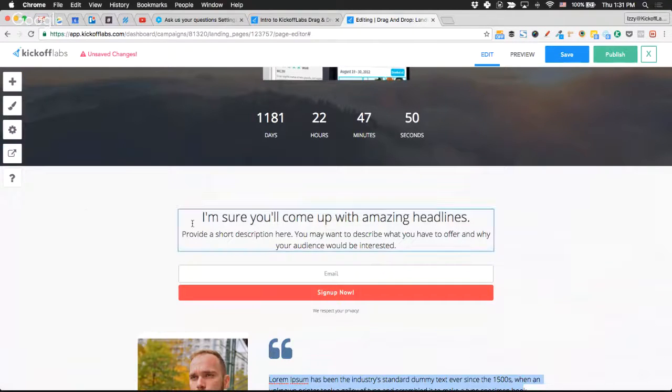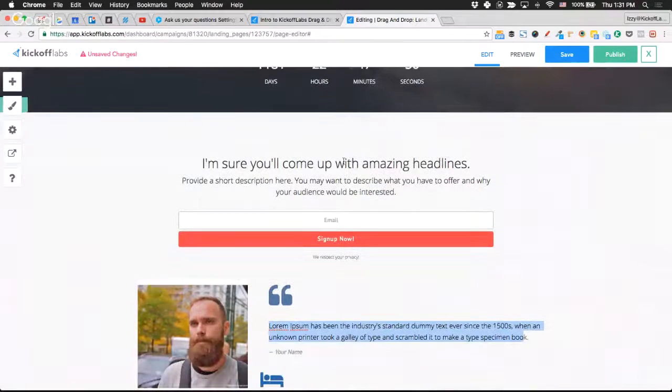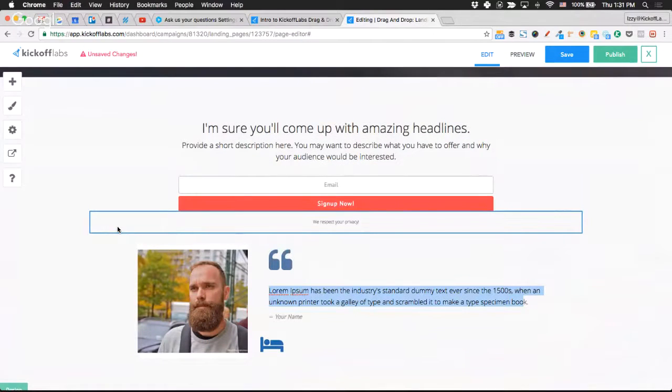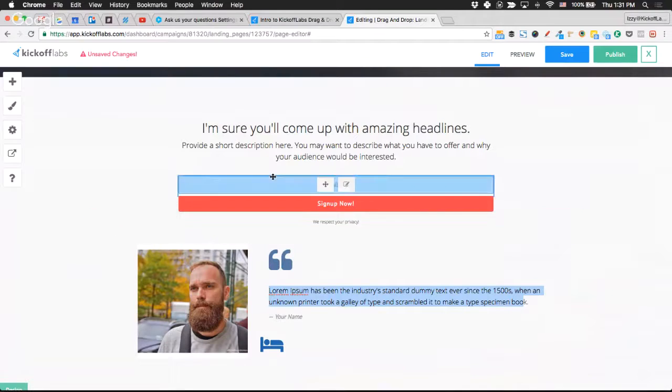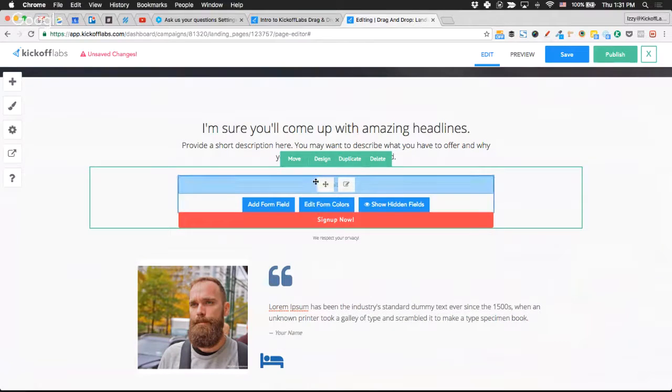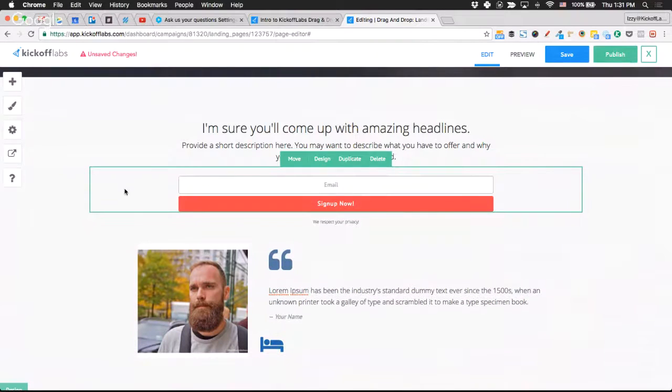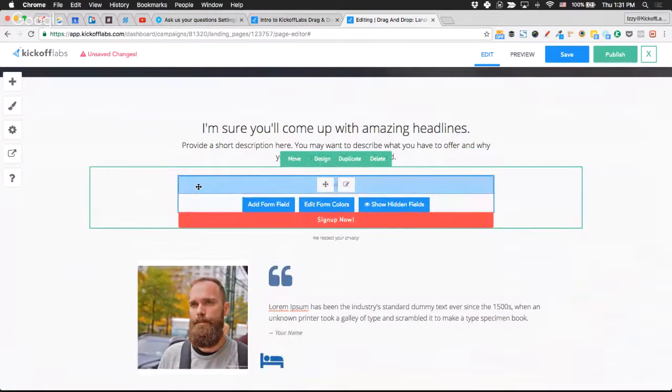Before I go ahead and preview this, let me show you a little bit more about the form, because I know that a lot of customers have different needs where you might need to collect different information, not only an email address. I can still edit this form entirely. Let me show you what I can do. I can start clicking into this, and notice how I clicked outside of the actual section a little bit, and I hover over this. It gives me these other